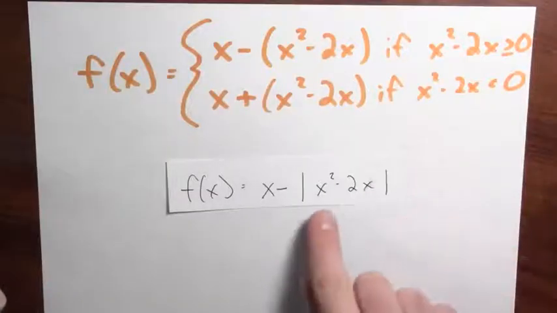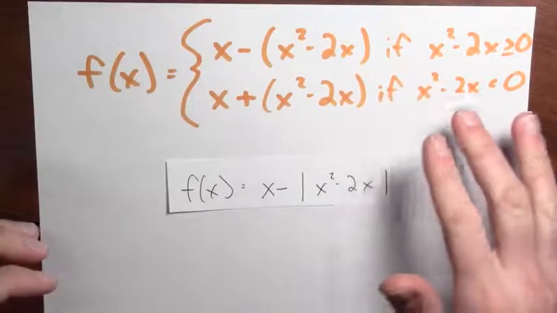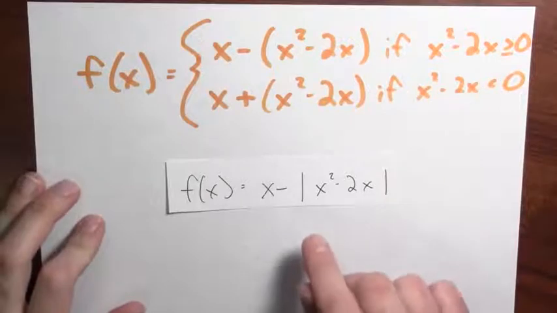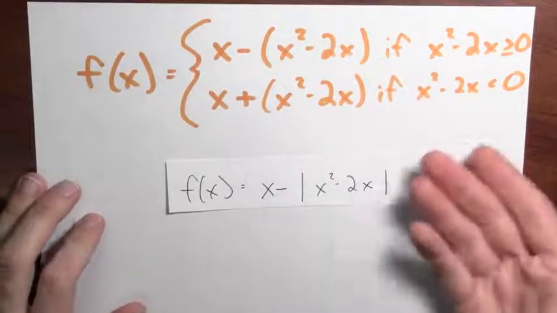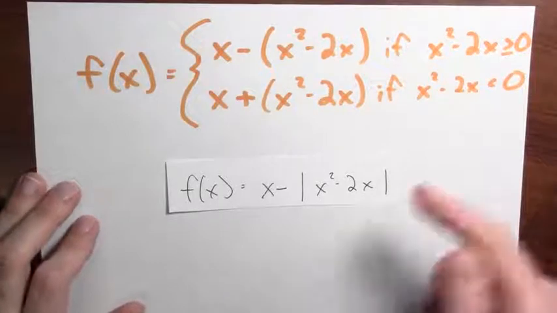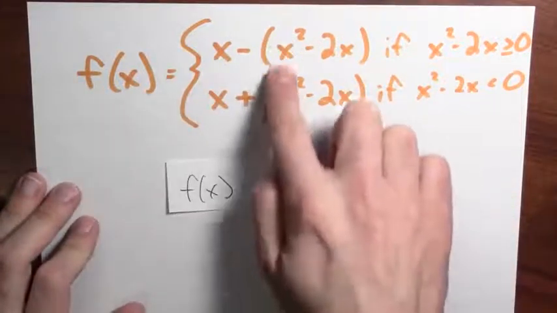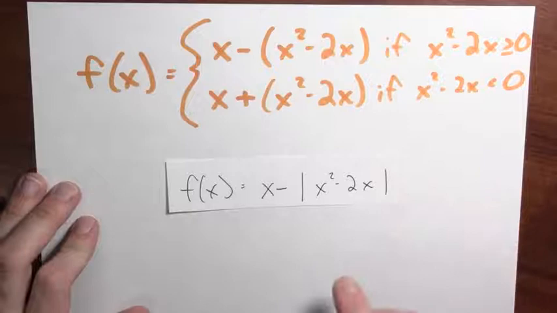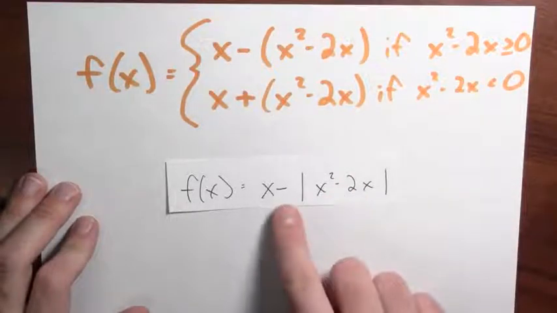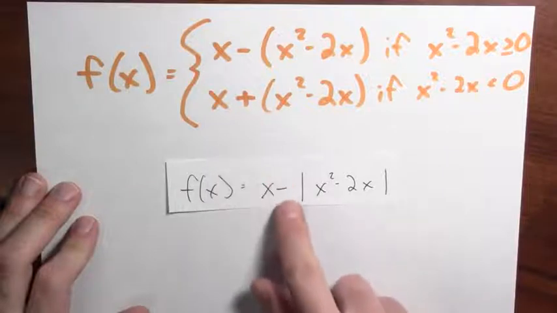I can rewrite this function as a piecewise function, getting rid of the absolute value. So here's the original function. It's got an absolute value. And remember what absolute value does. Absolute value negates its input if the input's negative, so the absolute value guarantees that its output is positive, but with the same magnitude as the original input. So all I've got to do to rewrite f as a piecewise function is to make sure that if this input is negative, then I flip the sign